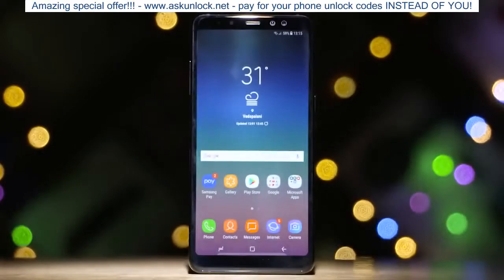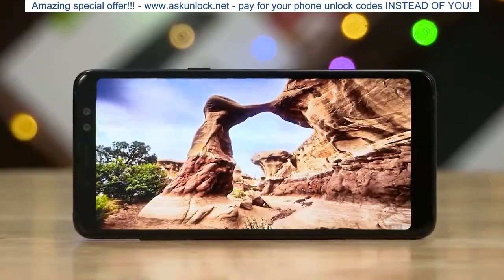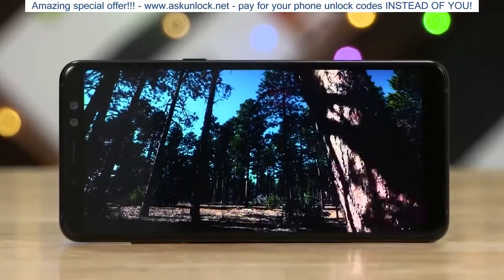Finally we come to the front of the device. The top houses dual cameras, sensors and the earpiece, and underneath you have the 6-inch infinity display. This is an 18.5:9 Super AMOLED panel sporting a resolution of 1080 by 2220, boasting punchy colors, deep blacks and